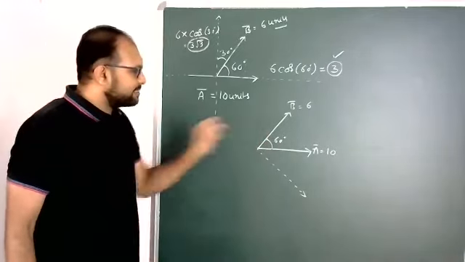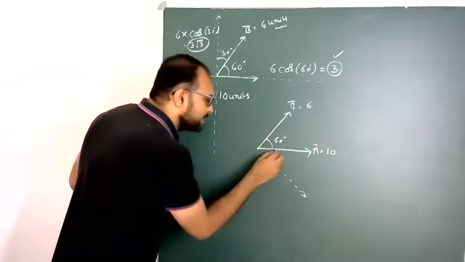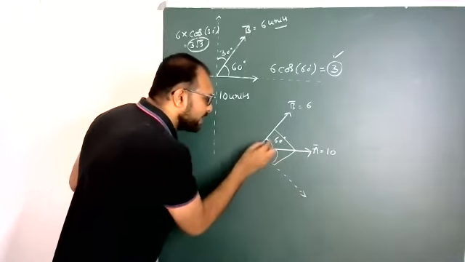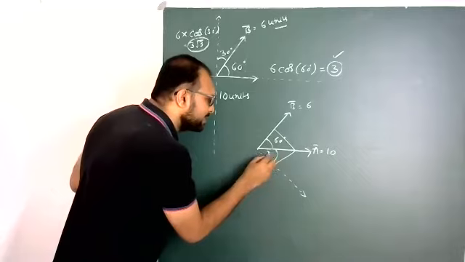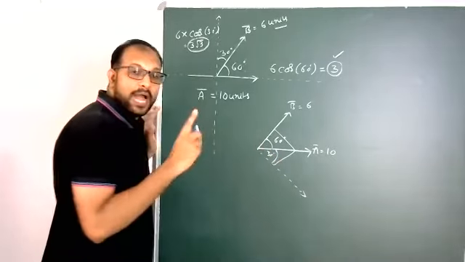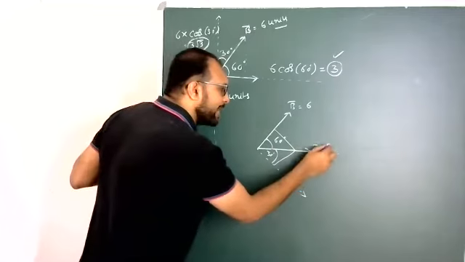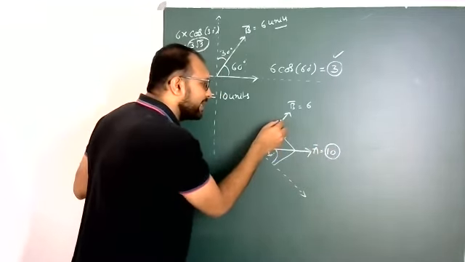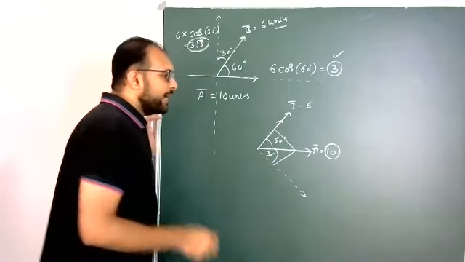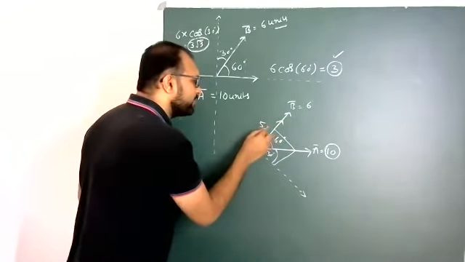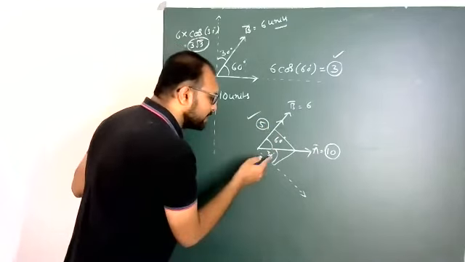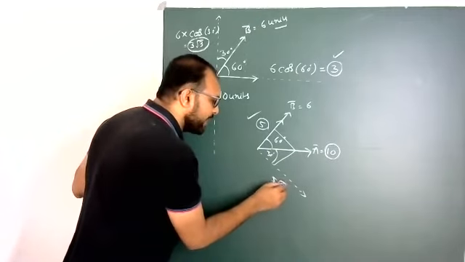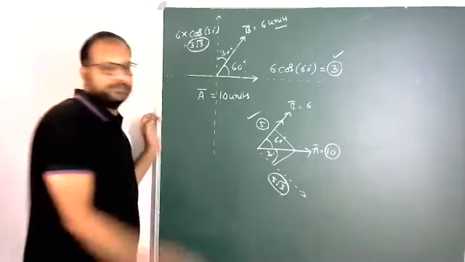Okay, now this is 60. Obviously it is, because the total is 90, right? So that's why 60 means this is 30 degrees. Now I am resolving A. That means A magnitude 10. 10 cos 60, so that's why 1 by 2 into 10. This is 5. And next, cos 30 is root 3 by 2, which means 5 root 3.